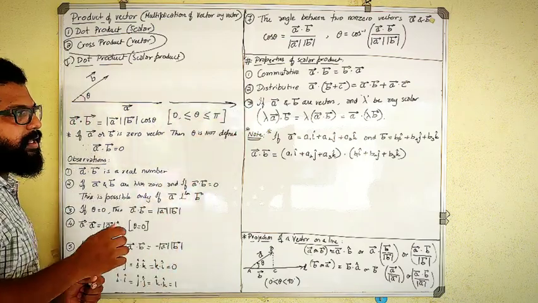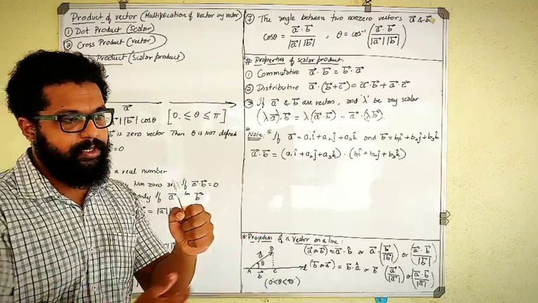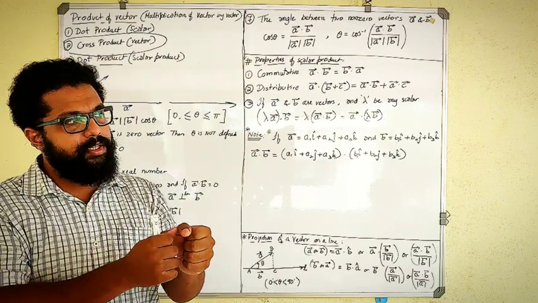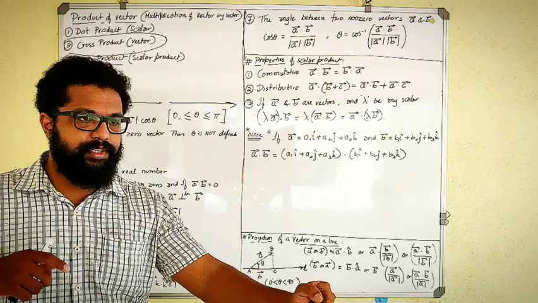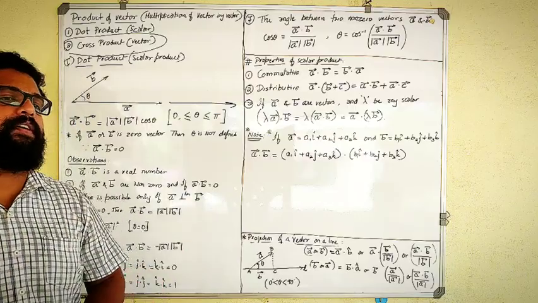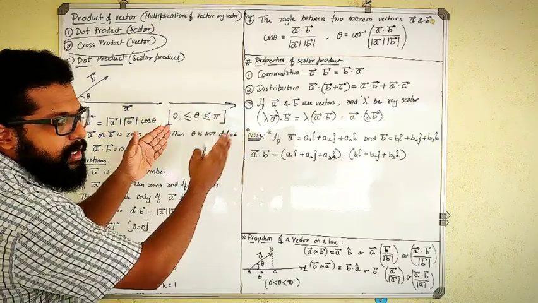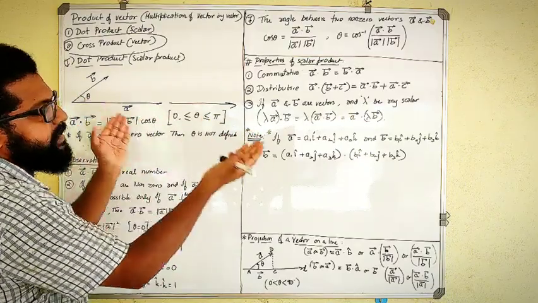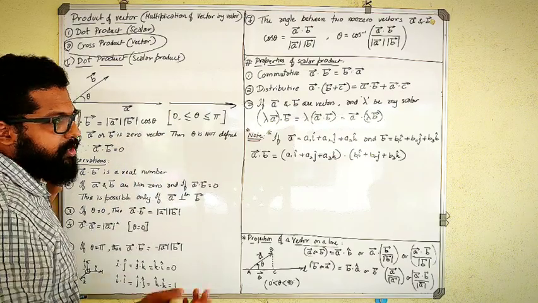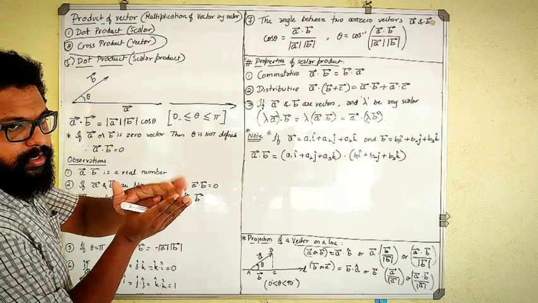Understood? You can imagine, suppose you are shooting an arrow with respect to the ground. This is the arrow which moves like that, and instead of shooting at an angle, I make it go along the straight line. That will give the geometrical or practical idea of a dot product. What happens is the magnitudes intensify. The magnitudes of these two vectors get multiplied, with respect to cos theta. Why is cos theta coming into the picture? Because of the resolution of two vectors, or two lines, with respect to the horizontal.